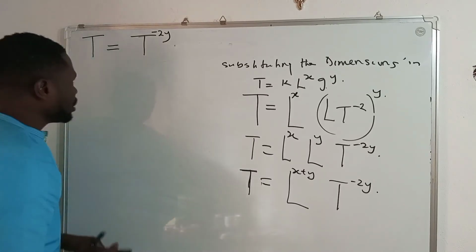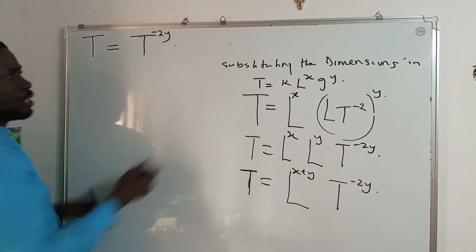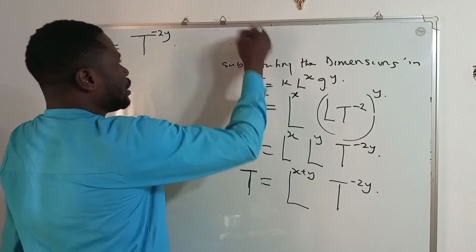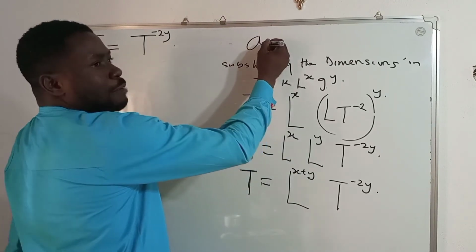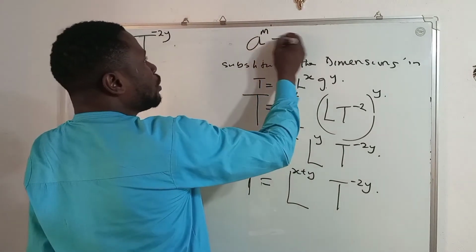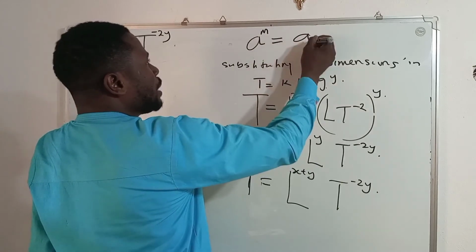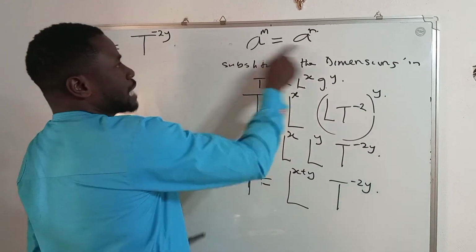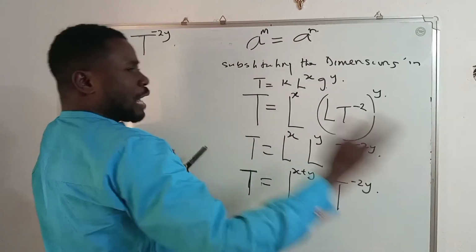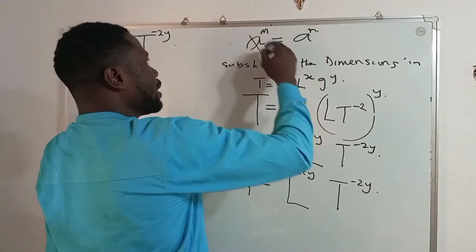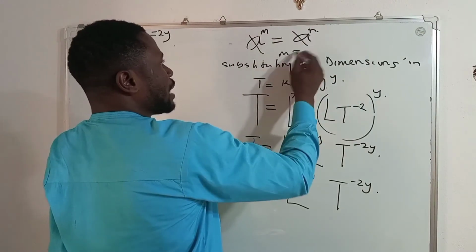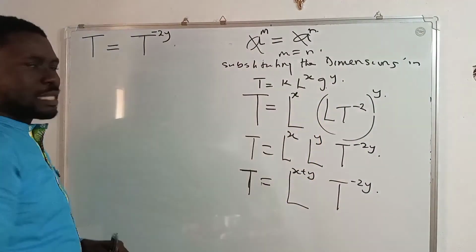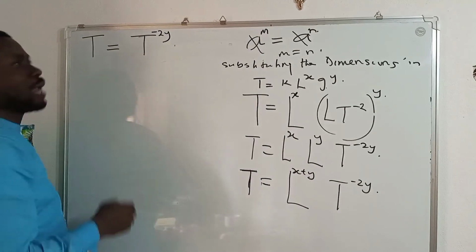In indicinal equation, the law says if you have a base raised to power n, for example, and it is equal to another base of the same type raised to power n, because these two bases are the same and they are found at both sides of the equation, this base can cancel this, while the powers can now be what? Equated. That is indicinal equation. So we apply that indicinal law to this.